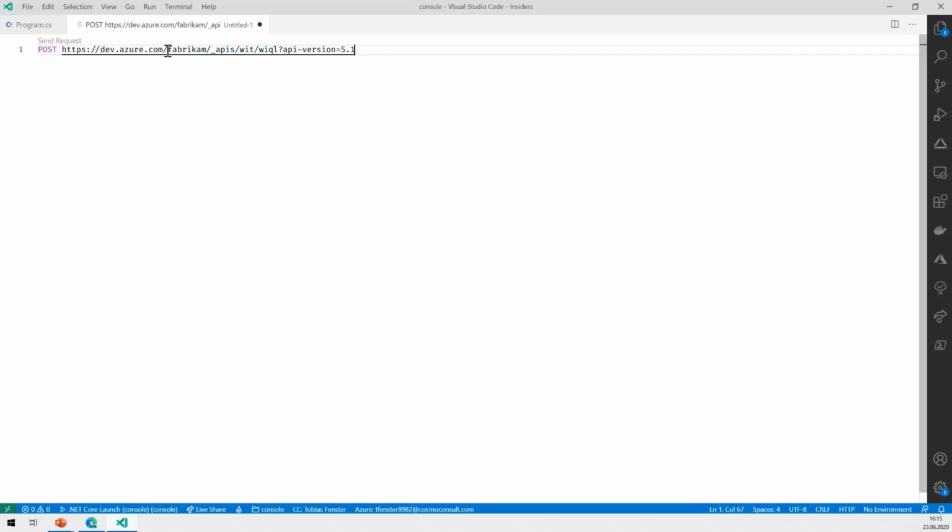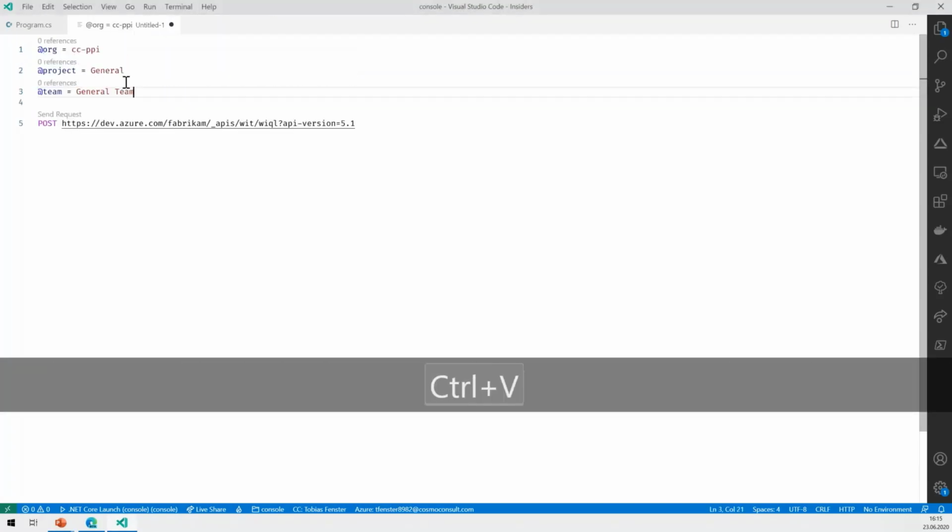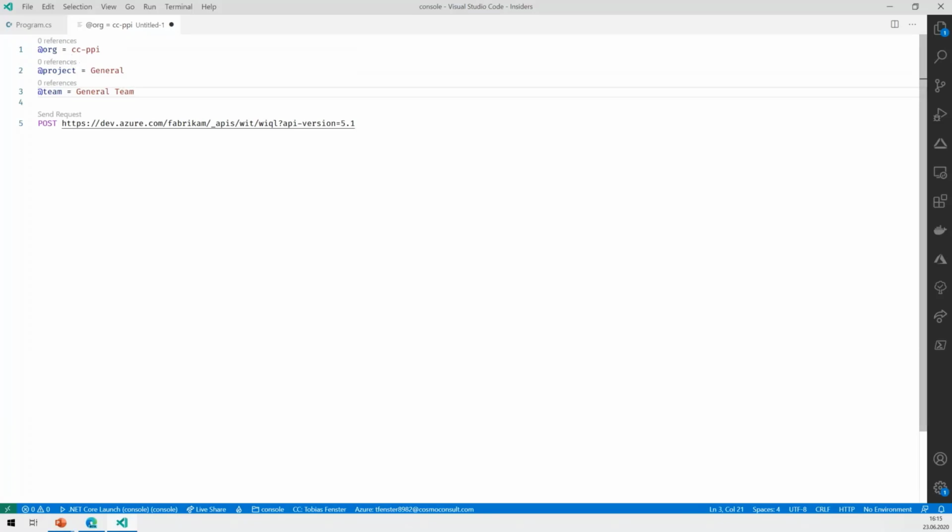And in that case, you can see that this is addressing an organization that's called Fabrikam. Of course, we want to do something else, and I've prepared a couple of variables for that. So I'll just paste those in here. So you can see we want to use an organization. It's named like this, and when we need it, we will use this project and this team. And we can just use the variables in here.